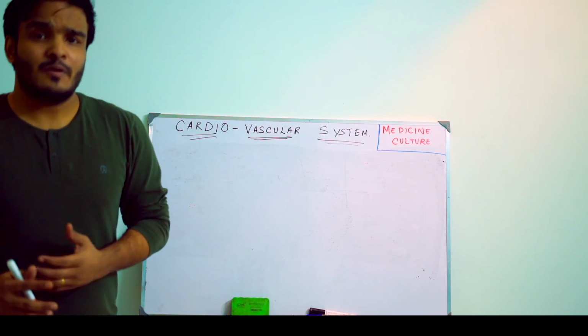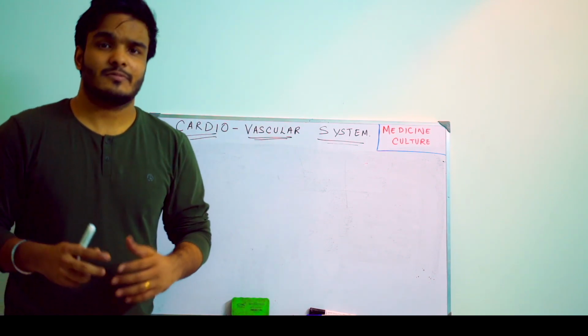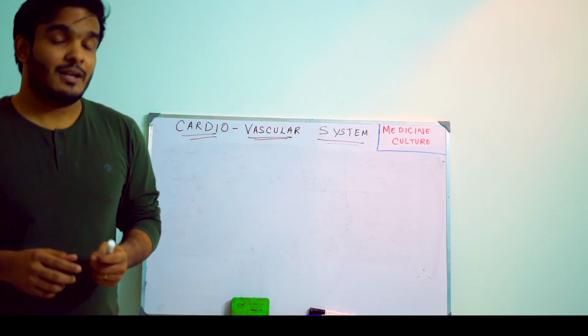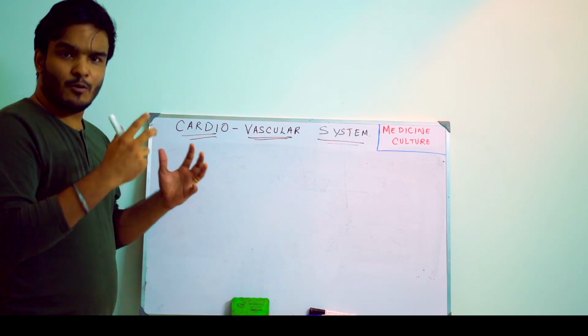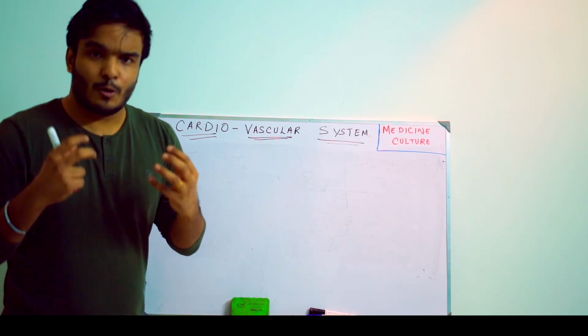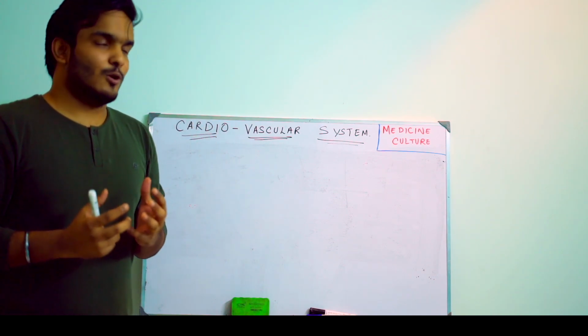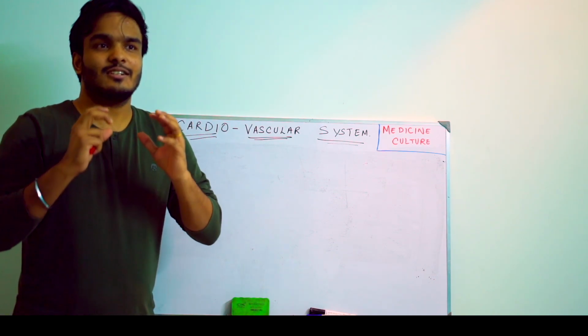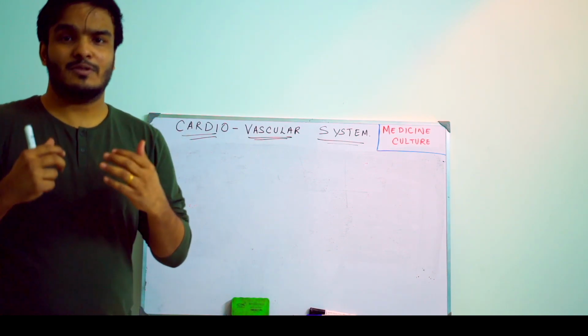So in the previous topic we studied the embryological derivation of the cardiovascular system. I think you would have remembered, yes, the cardiovascular system was developed from the middle mesoderm. We tracked the events. Now we are going to see certain anatomical topics. It's going to be just one because I can't cover all anatomical topics, just the fundamental and essential topics that we need to know that will be helpful for our FMG exam.